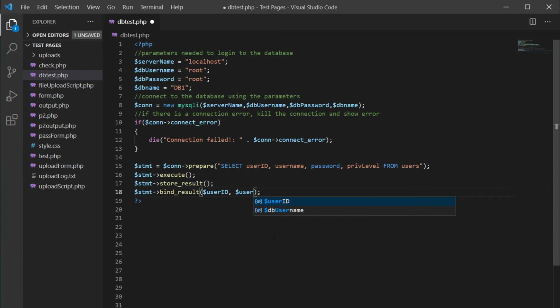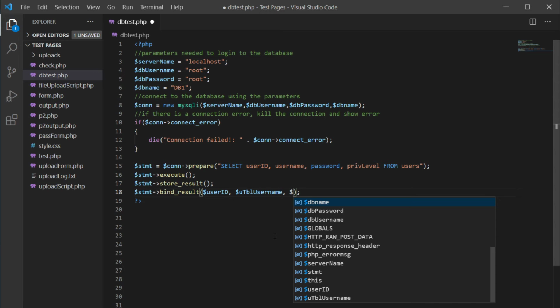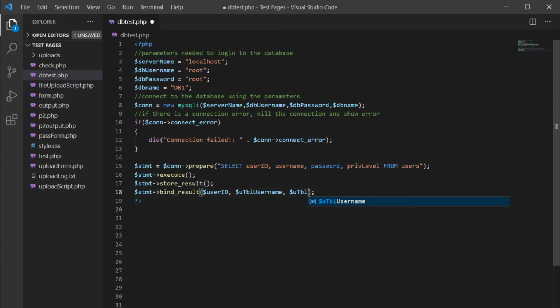I'm going to call it something like UTBL username, and as long as you remember that's what it's called, then it's easy. And again, you can just change this to whatever you want. It doesn't have to be that. So I'm going to do the same thing for that UTBL